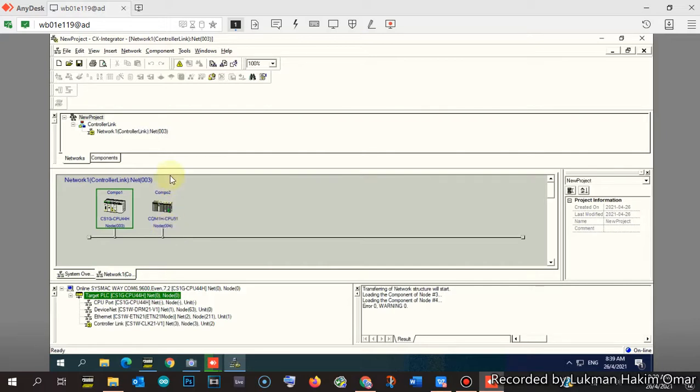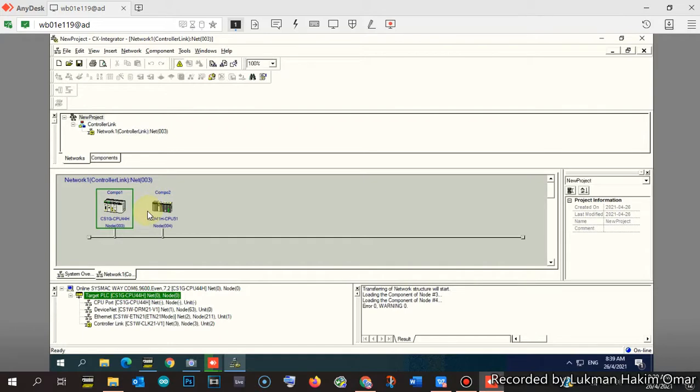If you don't manage to get this, there might be a problem in your routing table. Once you arrive at this, it means everything is okay, your routing table is okay, and your connection is okay.